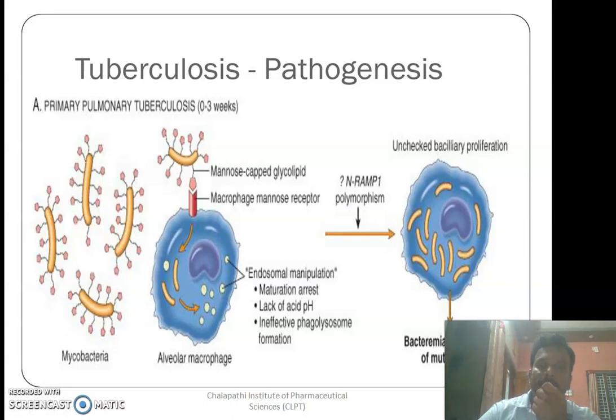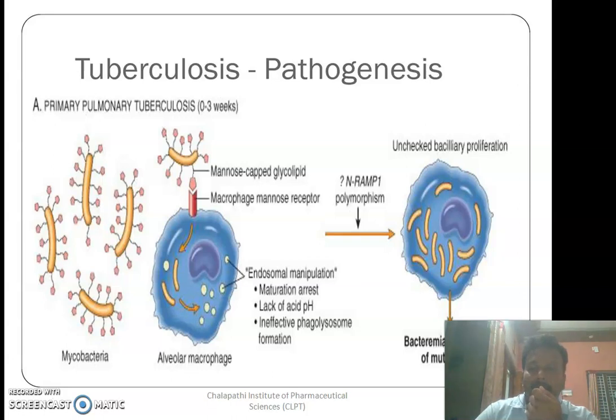Coming to the pathogenesis of tuberculosis, it is a very important thing which we have to know, and it's a very interesting thing too. Whatever inflammation is observed in tuberculosis is nothing but granulomatous inflammation. Whenever Mycobacterium tuberculosis enters your lungs, your alveolar macrophages will